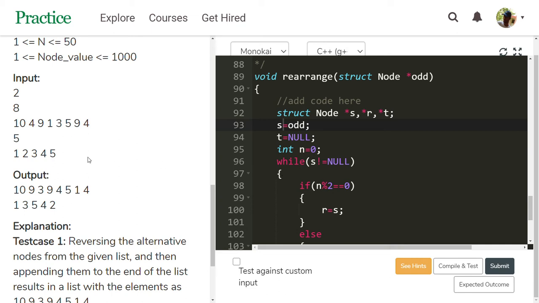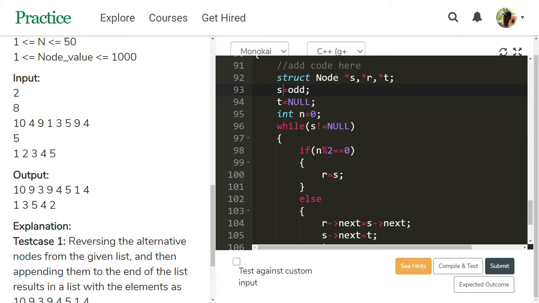So our journey starts with the while loop: S not equal to null. S is pointing to 1, so S is not null. Then the while loop executes. If condition n modulo 2 equal to 0: n is 0, which is even, so the if block executes.